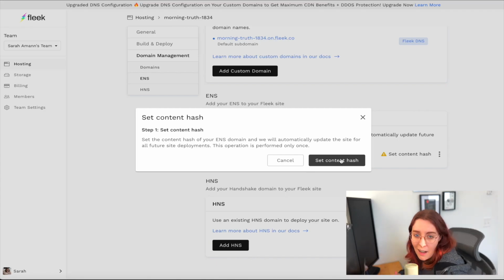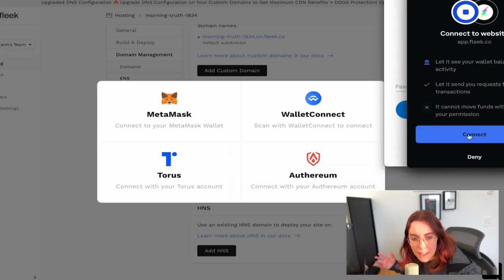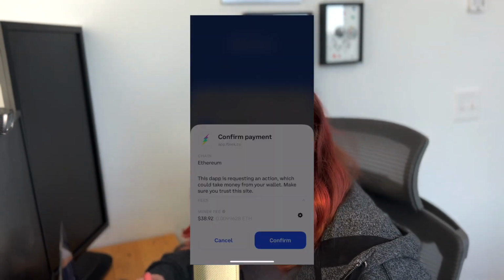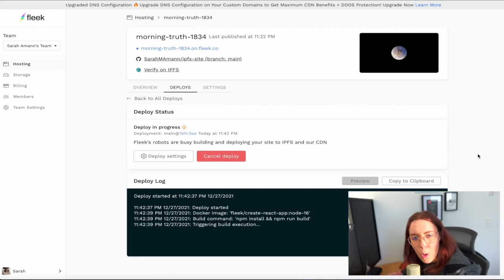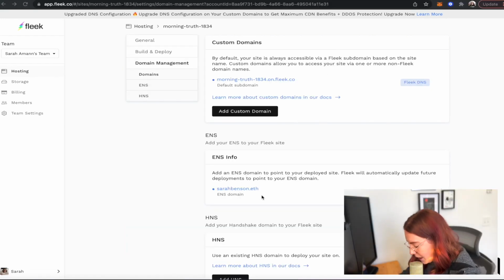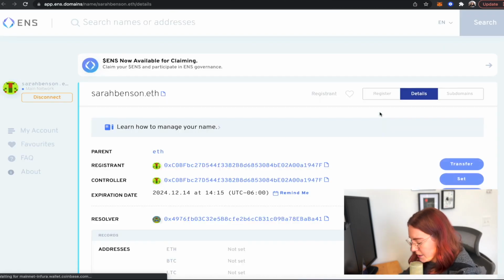Then we're going to set our content hash. So we're going to have to pay one time for this, and then Fleek takes care of all future deployments. I used my Coinbase wallet, so I'm going to sign the transaction real quick on mobile, and now we wait again. Okay, now we're ready, so I'm going to come over and trigger a fresh deploy. Now, if we look at this domain out on ENS, we can see our new content hash from the fresh deploy and this little URL,